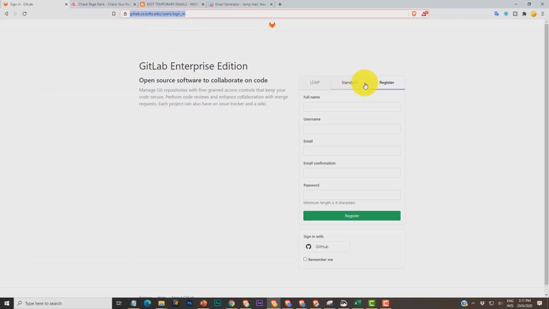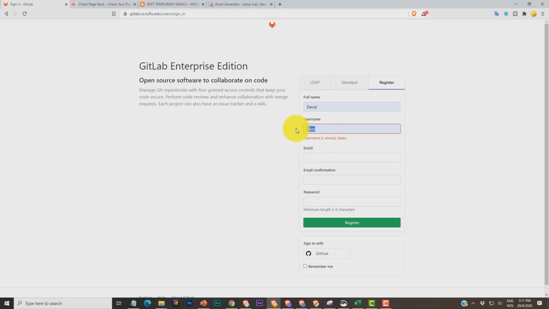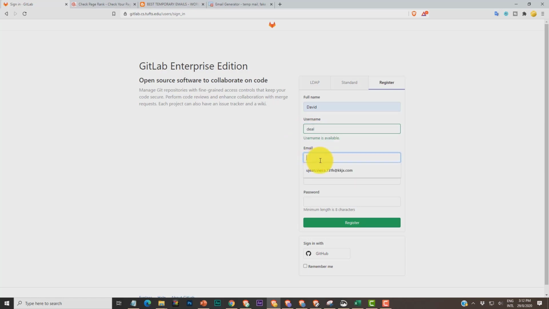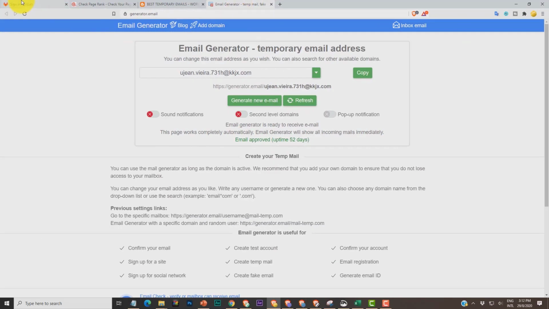Once you are on this page, just click on the register icon and then enter any name, whichever name you think is okay, and then add in any details you want. This particular site will not send you an email to confirm, but if you want to add your own email ID, you can also add it. Otherwise just put any dummy email ID, or if you want a temporary email, you can go to this particular site. I will add these details in my description later.